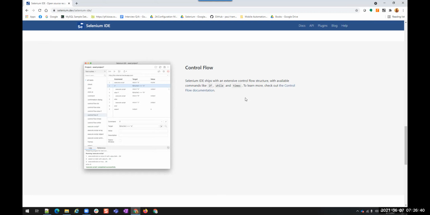You wouldn't be able to control the execution flow using an if condition, while condition or loops. Those were not present in the IDE. But with recent development, all these conditional statements, iteration statements and control flow statements were added to Selenium IDE. That is the reason they have mentioned it specifically here.